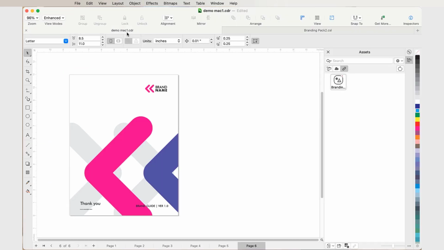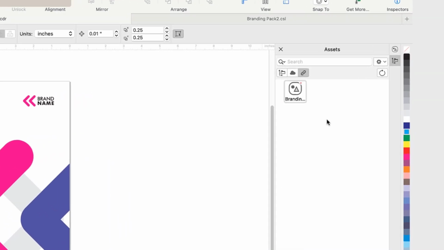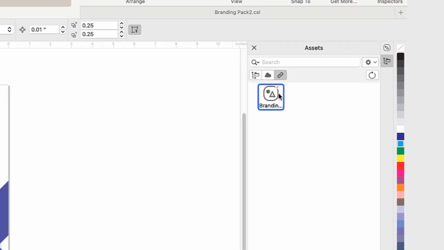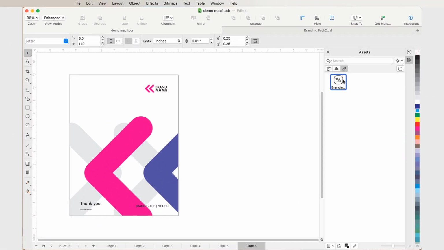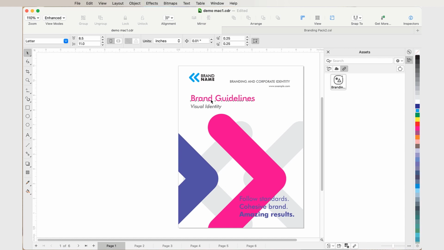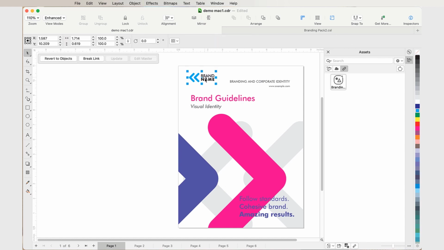So now if any user has a document using this symbol, they can click on the Linked section of the Assets Inspector, and you will see a red dot notification above the cloud that there has been an update to this symbol library. To sync the assets, right-click and select Sync Linked Assets. And now all the instances of the symbol in your design file will be updated to reflect the edits you made, as you can see in our demo document.